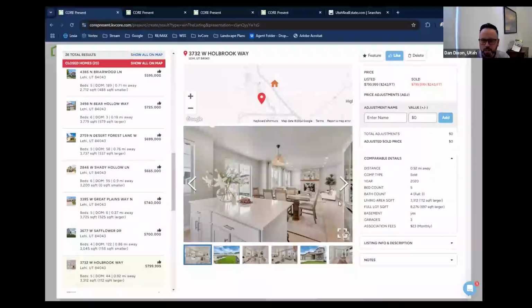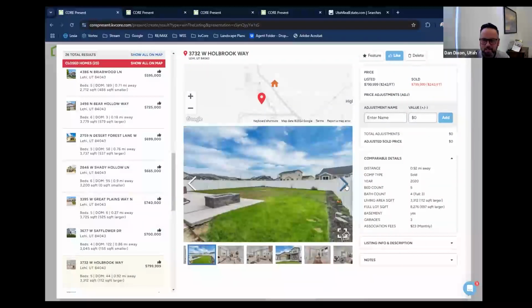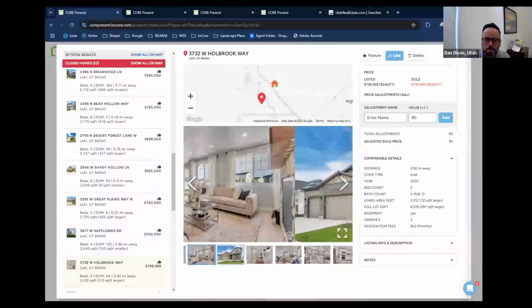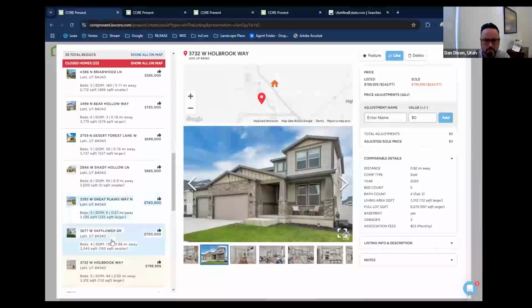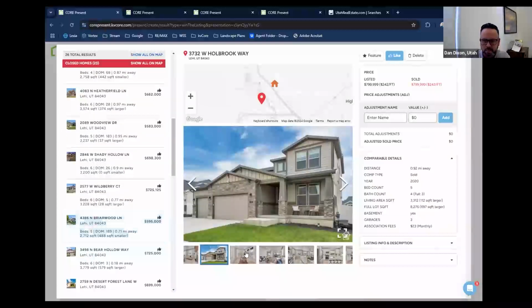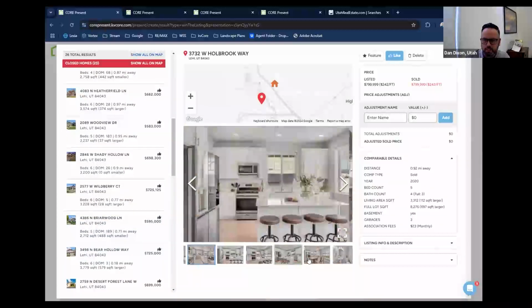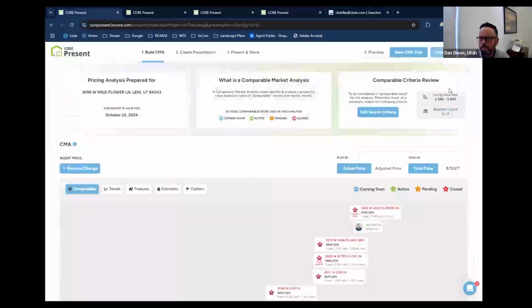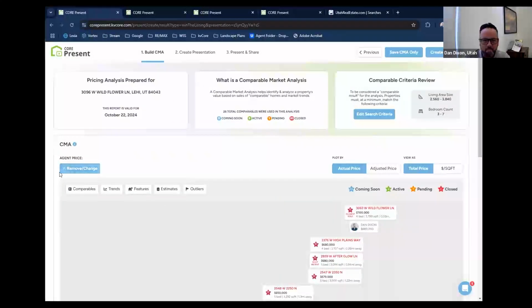Like, well, look at this. This is really pretty, right? Like this one's super pretty, and I'm sorry, but you're not. Or can you be? Can you look like this, right? That'd be great. Then maybe we can get $800,000 for your property. So I love this for that reason. It's really easy for people to kind of click through these photos and see what these other homes look like. So that's really good.